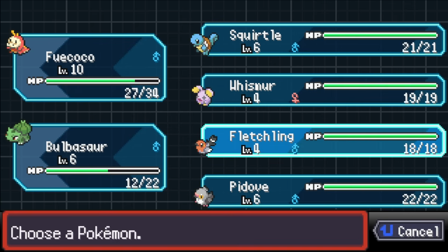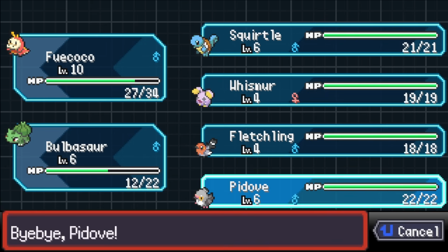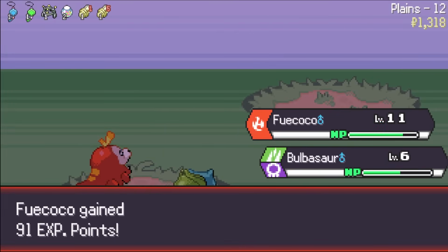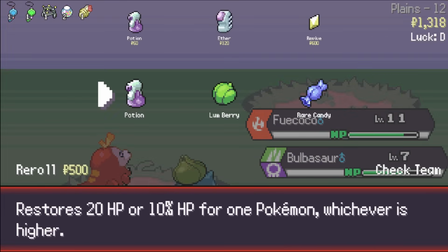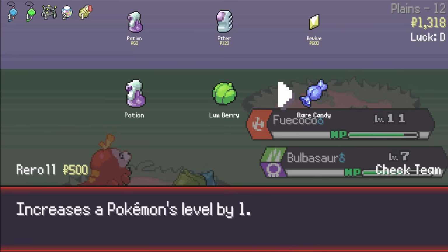So we're going to go ahead and get rid of, I guess, this Pidove. I do like Fletchling better, and of the other 2, Whismur's okay. I don't particularly care about any of those, but it is what it is. So here we could get the potion for Bulbasaur, but I don't think we really need it. Lum Berries are very good, but...